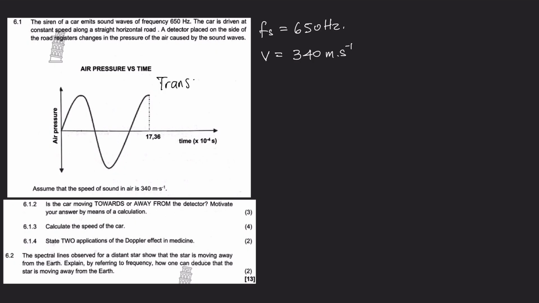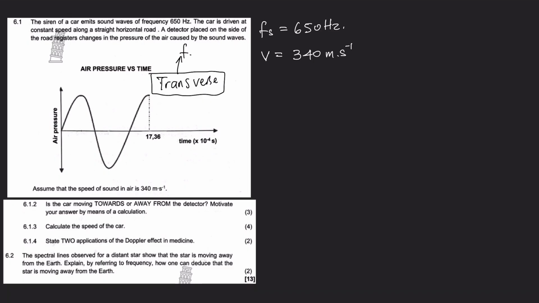And in transverse waves, remember, we did some calculations, and one of those calculations was frequency. Now, if we calculate the frequency, and then we compare it to the frequency of the source, we'll then be able to make a conclusion of whether the car is moving away from or towards the